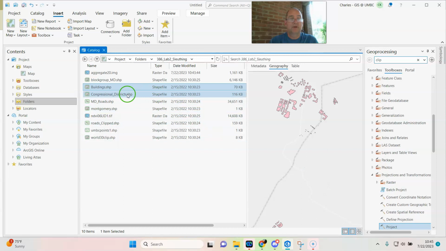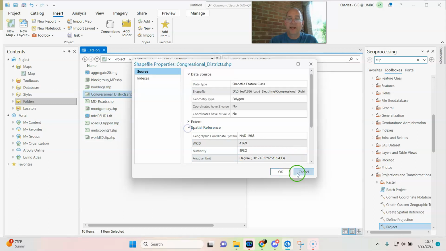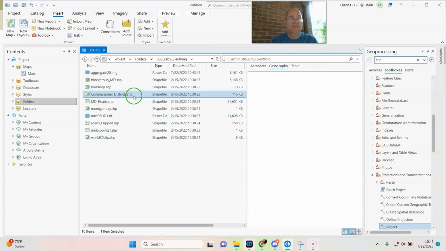Congressional district has NAD83 as its coordinate reference system, but I don't see it in the preview, in the geography preview. Now that tells me something's wrong with this file. It's telling me that it does have a defined coordinate system. It's not unknown, but the fact that the geography doesn't appear makes me think, okay, so there's something wrong with